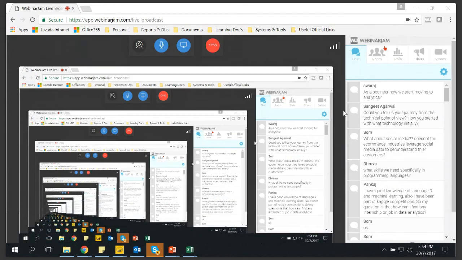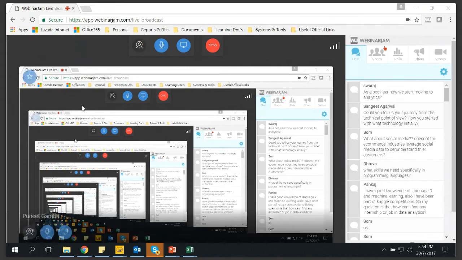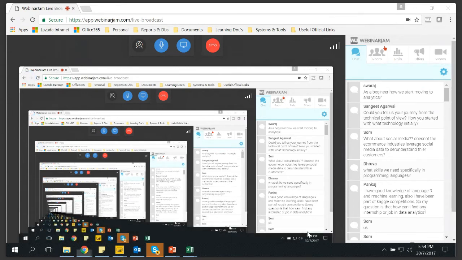So Pankaj, you said I have good knowledge of R and machine learning, and you are part of Kaggle competitions. So the question is, how can I find any internship or job in data analytics? Let me just stop sharing for a moment so that the screen doesn't distract. I would say, yes, it's great that you already have knowledge of these things and you are actively participating in competitions. The question about job or internship is obviously something which I'm sure a lot of you would have, and I'm a little conscious of the fact that